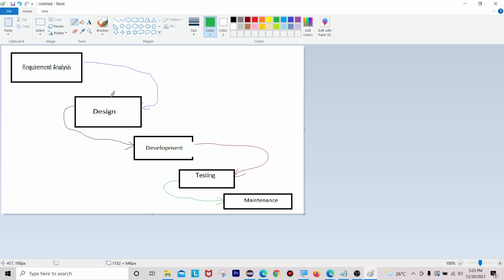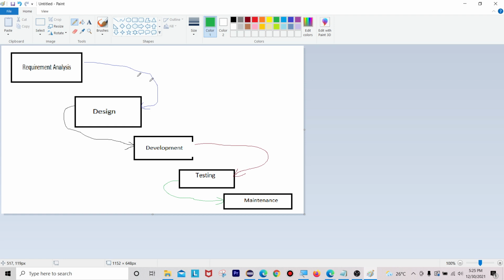Where the requirements are clear, only then can we go with the waterfall model. Whereas the V model is also applicable only for smaller projects. When the requirements are not clear, the chances of making mistakes are higher, so testing is introduced right from the beginning in the V model. Once development moves to the testing phase, if there are any issues, you have to go back to the requirement analysis phase.